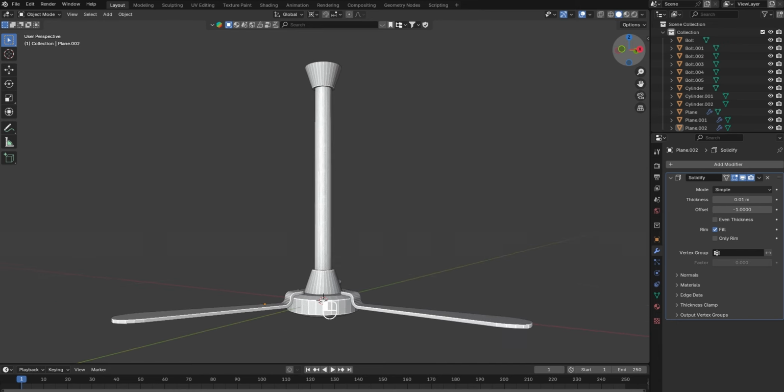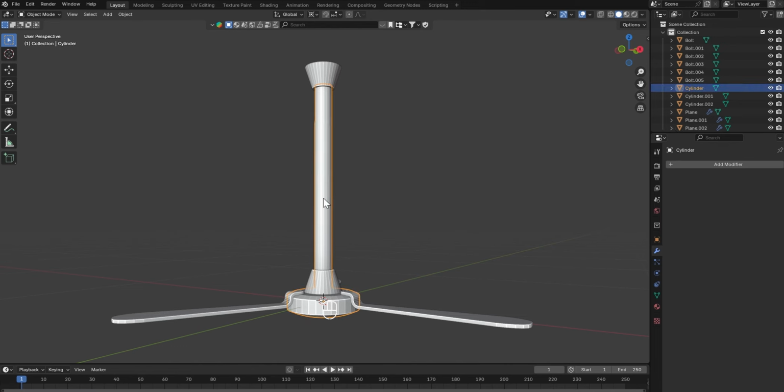All right, so as you can see now, the next thing we are going to do is to animate this. But before we do that, this bar here is not going to rotate. The base here is going to rotate alongside the blades. The bar here and this cover, they are not going to rotate. So what we are going to do now is to separate this bar from this. So you select this,